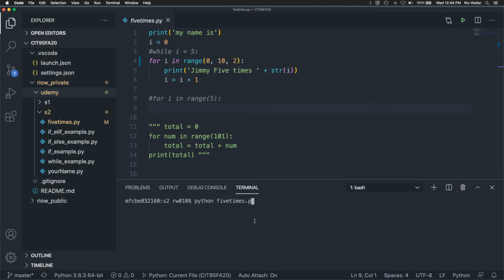Now, I ran into a little bit of an issue when I was running the your name one, because when it was running, it actually gave me an error. And it took me a few minutes to figure this out. So hopefully, again, this may happen more likely on a Mac versus a PC, but it's just good to know in case you ever see this. One of the things that happens, and I'm going to fix this afterwards, but for today I'm just going to show you, is that on the bash, on the terminal in Visual Studio Code,